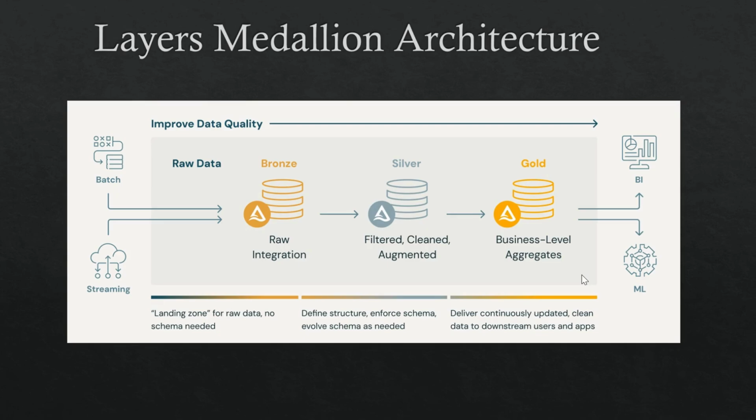That is, this cleaned and aggregated data can be used in BI or ML. So as you have seen, as the data flows from the raw layer to the gold layer, the data improves in quality. In the landing zone, that is your bronze layer, all the data is raw. There is no schema. Then the schema is given and it is filtered, then aggregated, and then the clean data is used by the ML or BI team. So it is very important to have different layers. This is what is called the layers of Medallion architecture.